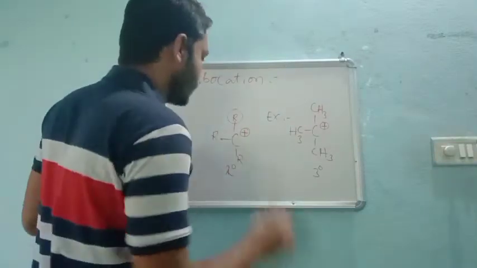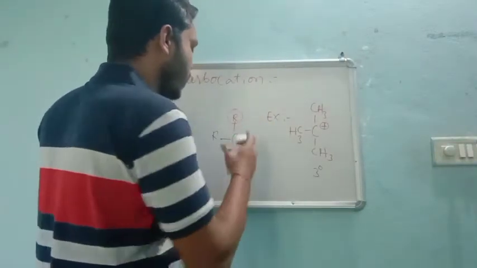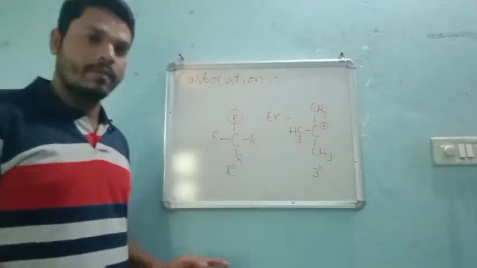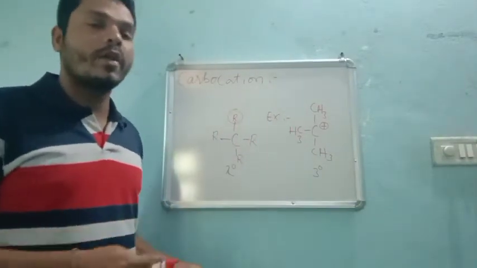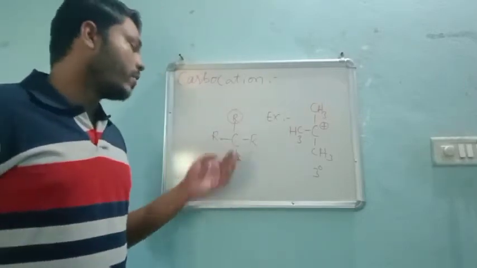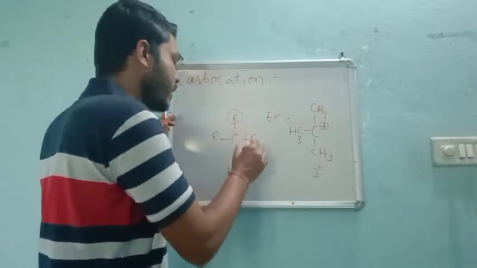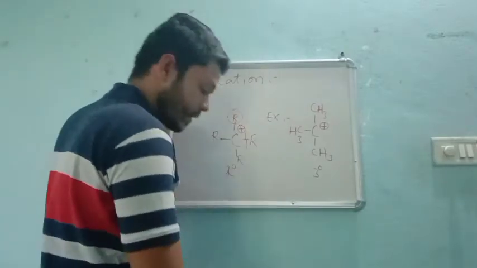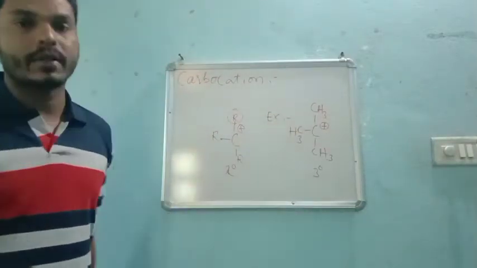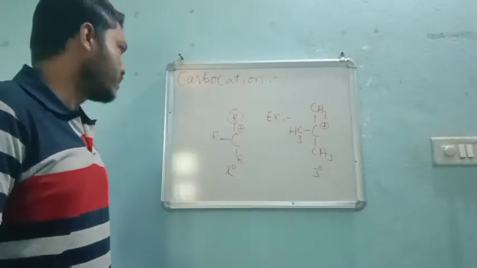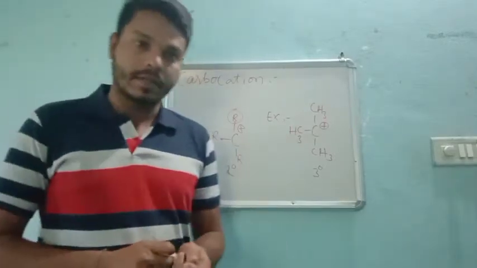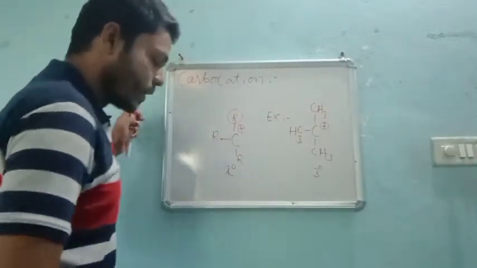If it has 4 bonds, then the valency is almost satisfied and it is stable. It will not prefer any reaction easily. We need to apply some amount of energy to break the bond again, and again we will get the charge on it, and then it will undergo the reaction. So this is the case with carbocations, right? I hope you all understood this from the last class.